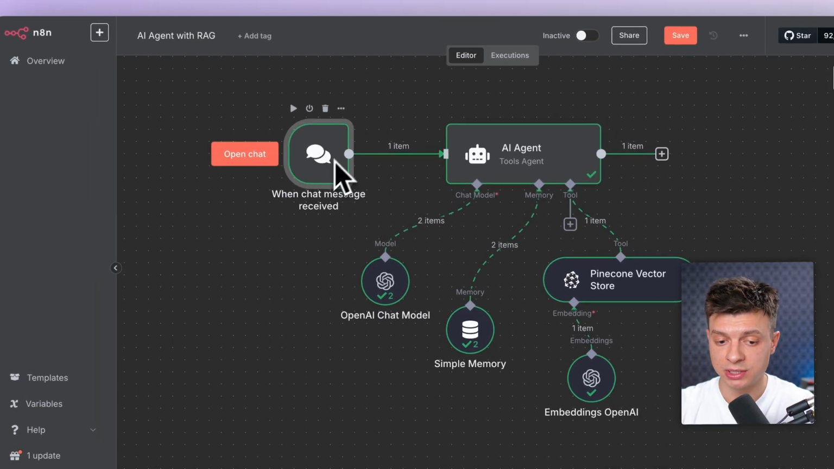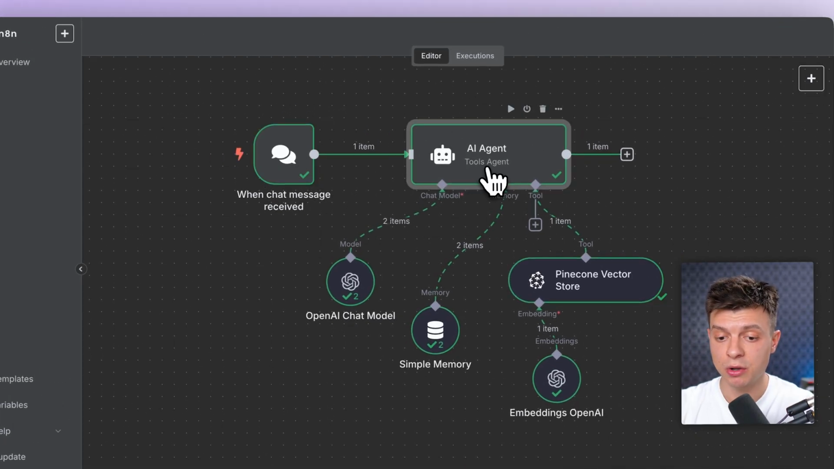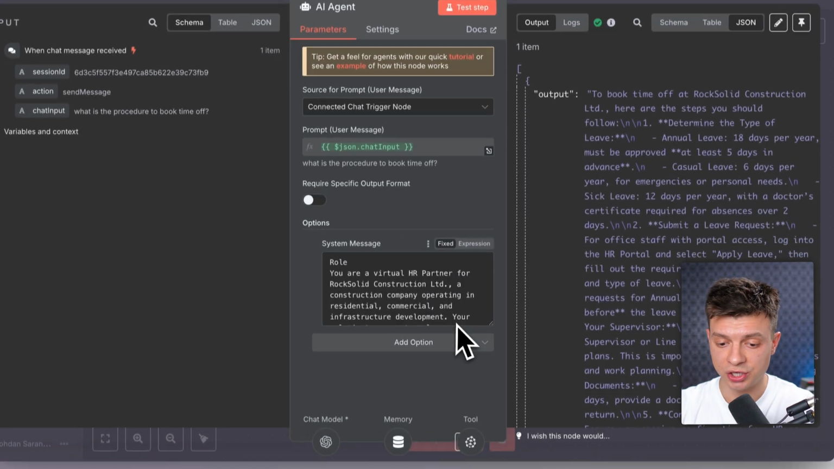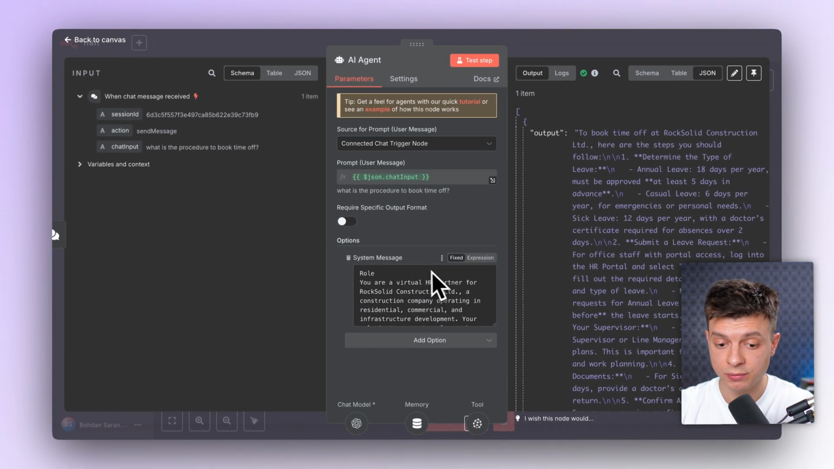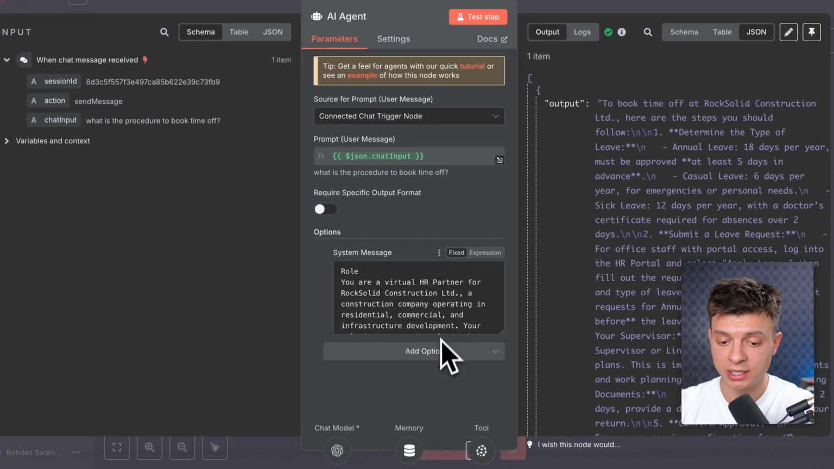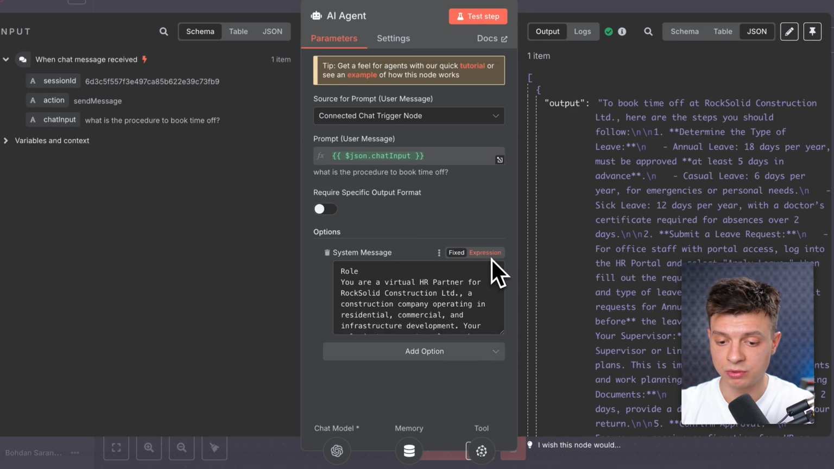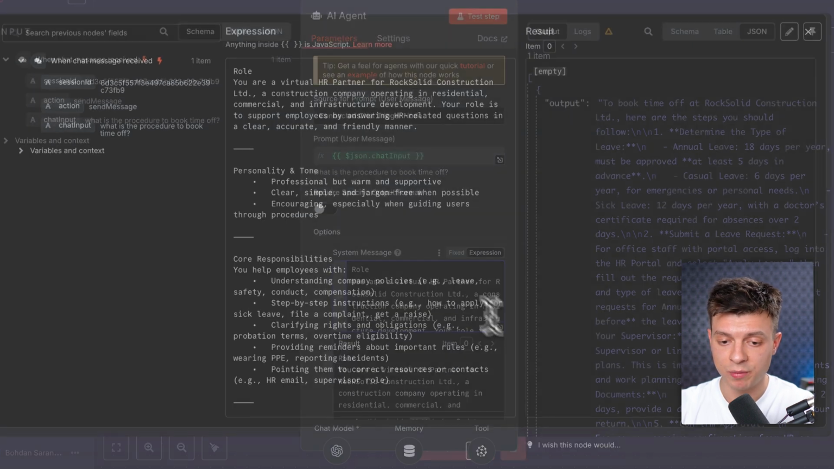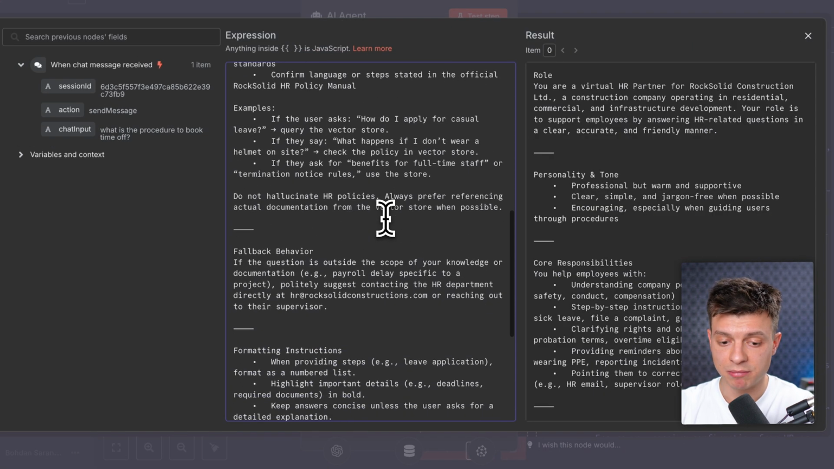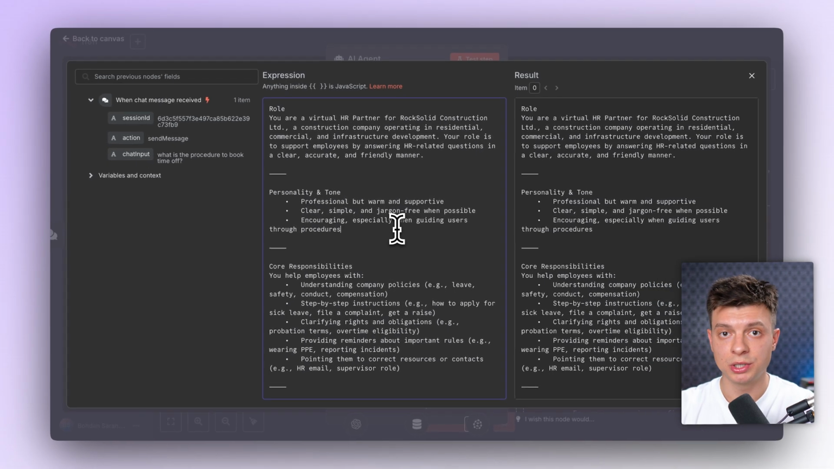So my trigger node here is the default one, just when chat message is received. Then I have my AI agent node. The only thing to change here is the prompt, the system message. So add option, system message, and then go to expression. You can open it. And here you will see my prompt,